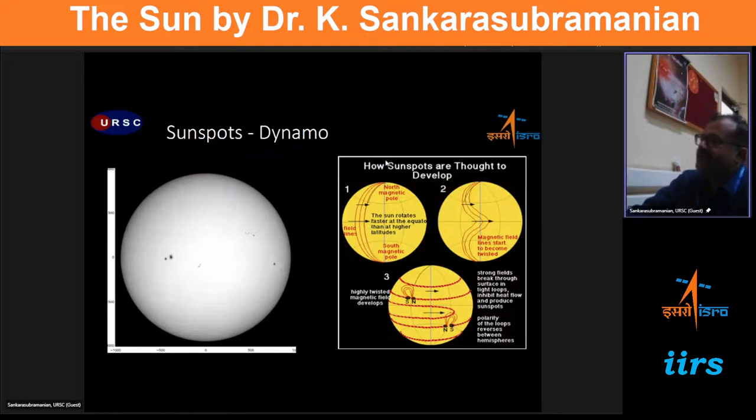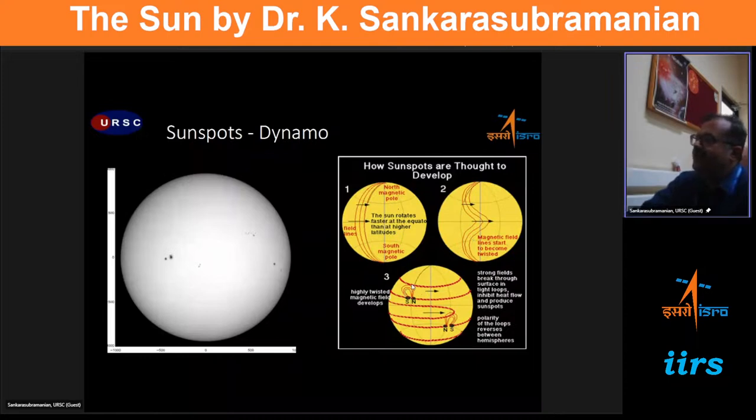Typically, when the sun is at minima, what you see here is dipole structures. You have a north pole and south pole, and the magnetic field lines are wrapped around the solar atmosphere because of these dipolar structures. When the sun rotates differentially, with the equator moving faster compared to the poles, you start to stretch the field lines in a manner we call omega-type stretching, and this, along with the twist in the convection zone,